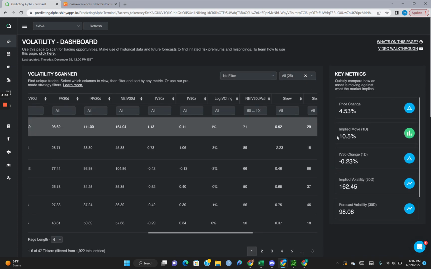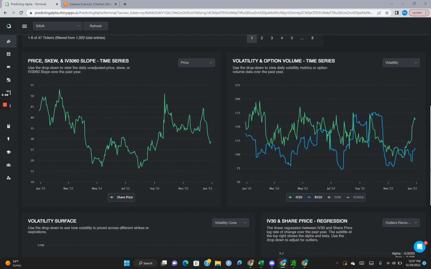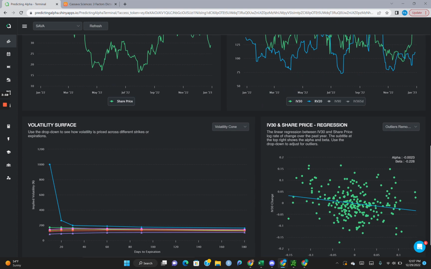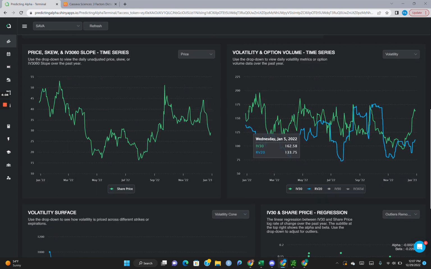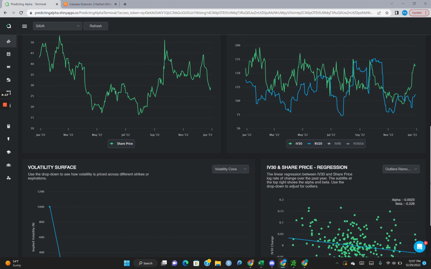Now, over here on the key metrics, we can see that the 1 day implied move on Cassava Sciences is 10.5%. That is ridiculous, right? That is definitely something that appears to be optimal. Lastly, spot vol regression here, we can see it's a negative, right? So this kind of validates it here. We see the share price has fallen all the way down to 29 bucks from a high of 44 bucks in the middle of December, and consequently, we've seen implied volatility rise exceptionally. Now, all of this looks good. All of this looks great.